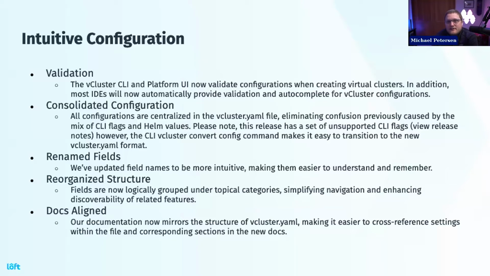So the CLI vCluster convert config command makes it easy to transition to the new vCluster YAML format. So previously it's values.yaml. What are the benefits of moving from the values.yaml to the vCluster.yaml? Because I think Pro and open source both use the values YAML when you were configuring anyways, right? So from a technical standpoint, they are comparable, because you can also do a Helm install and just apply the vCluster.yaml file, and it will still do the validation and will also still install